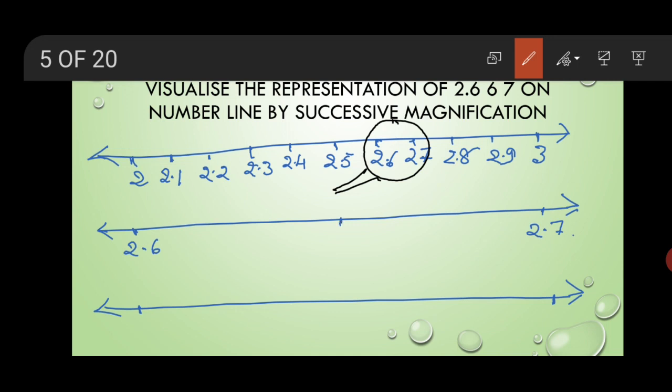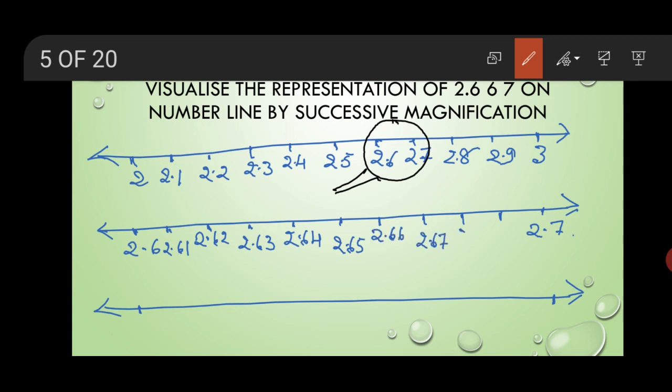Divide this into equal 10 parts. Now, what's the first point? This is 2.61. This is 2.62, 2.63, 2.64, 2.65. This is 2.66,